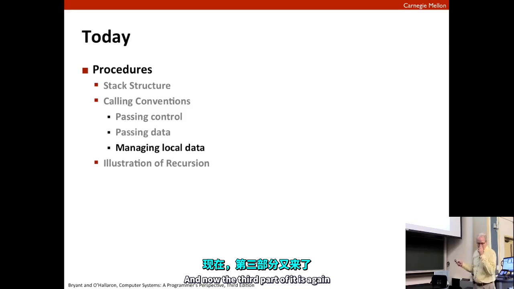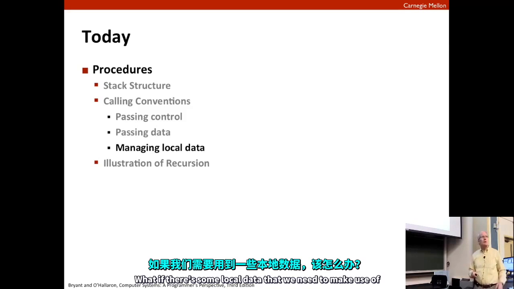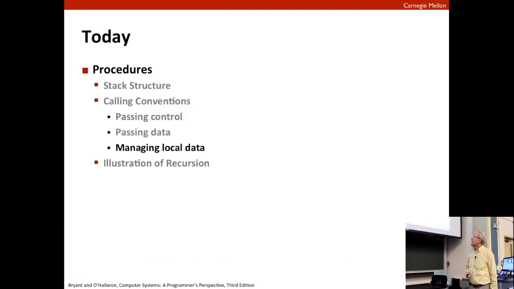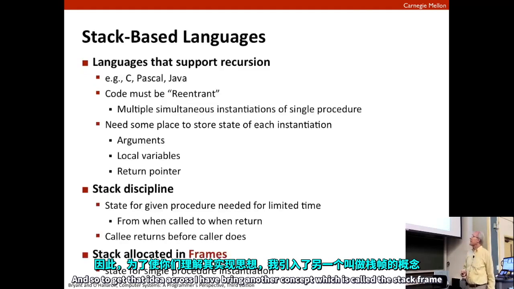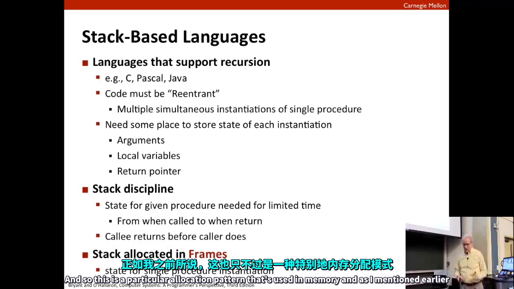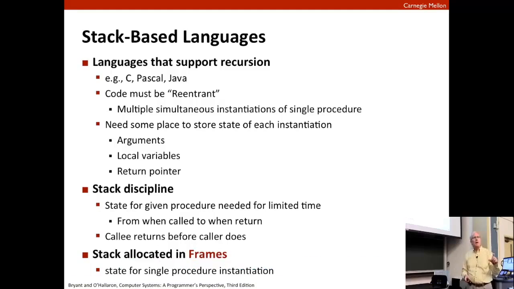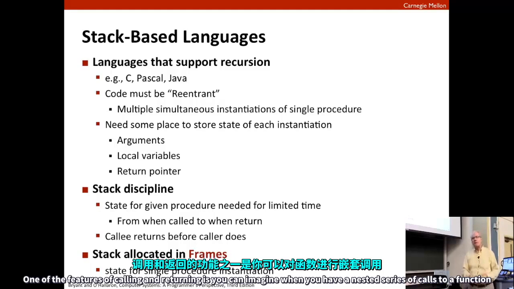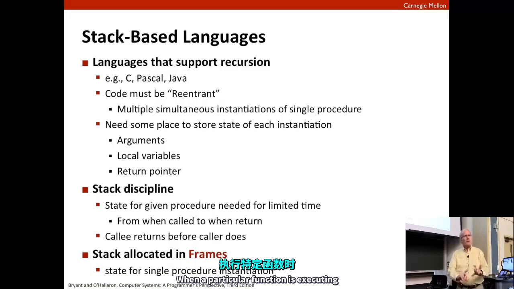Now the third part is, what if there's some local data that we need to make use of? To get that idea across, I have to bring in another concept, called the stack frame. This is a particular allocation pattern that's used in memory. And as I mentioned earlier, when you have a nested series of calls to a function, when a particular function is executing, it only